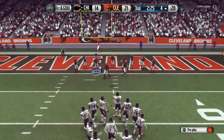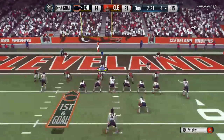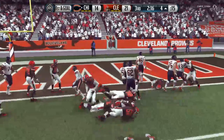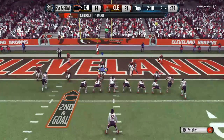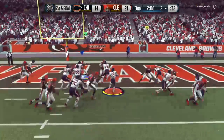1st down on the way. Press coverage all the way. Perry's got it on the handoff. Picks up about 2. They're just grinding away down here, inching closer to the end zone. Well, that's what you got to do sometimes. It's hard always to think that you're going to come out and just...